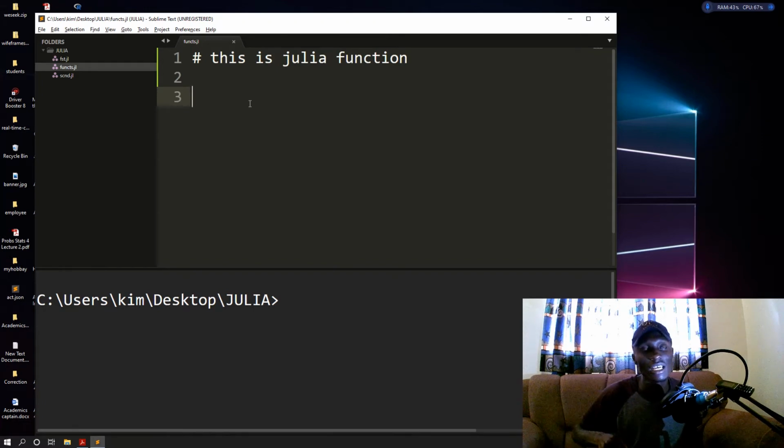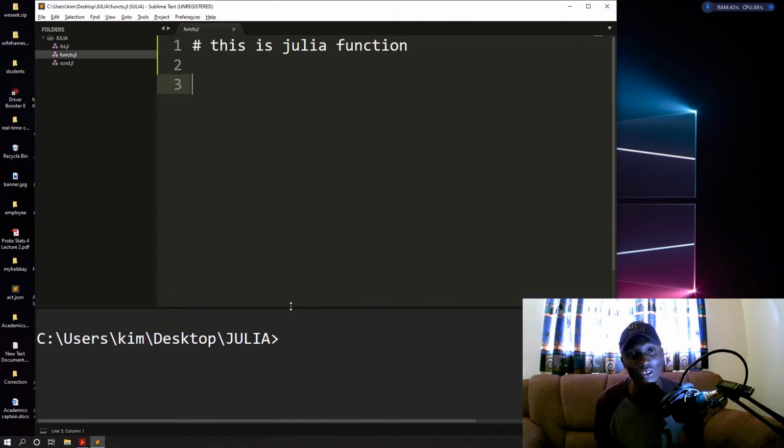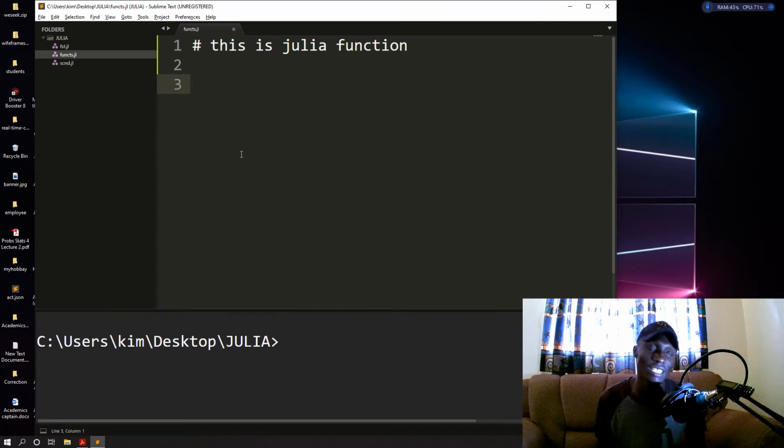In this case, I'll show you two ways of writing a function. First is a function without arguments. You will know what arguments are, and second we'll see a function with arguments. Julia has a keyword called function. So if you want to write a function, you write the keyword function, then hit enter, and then the name of the function, which in our case we want to call hello